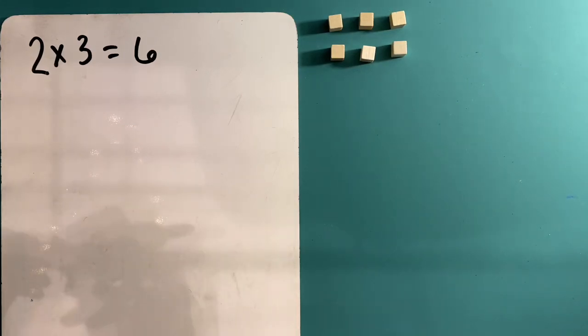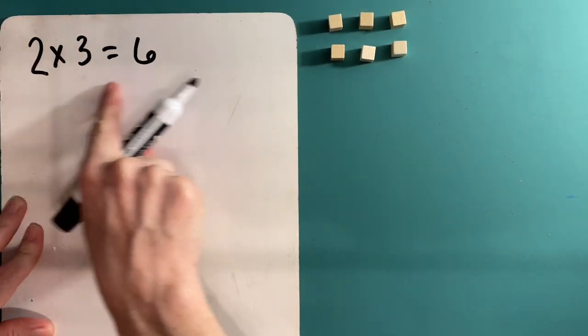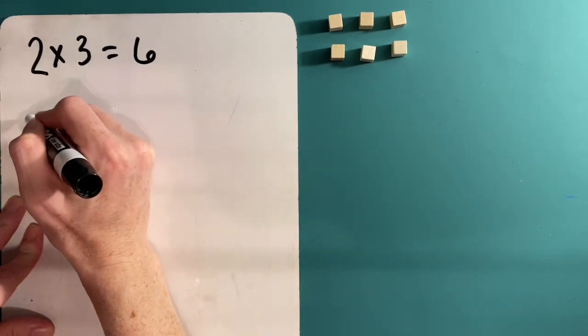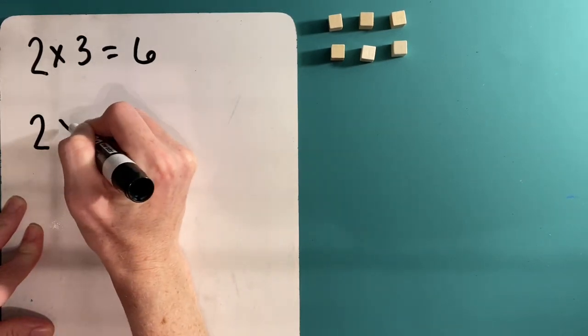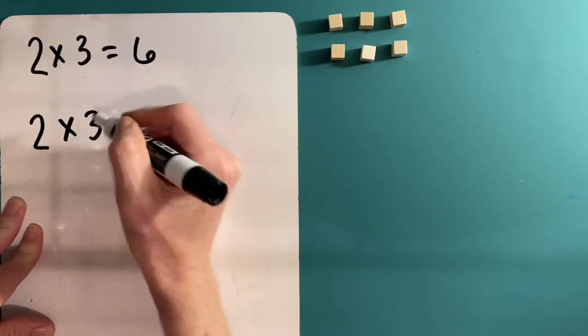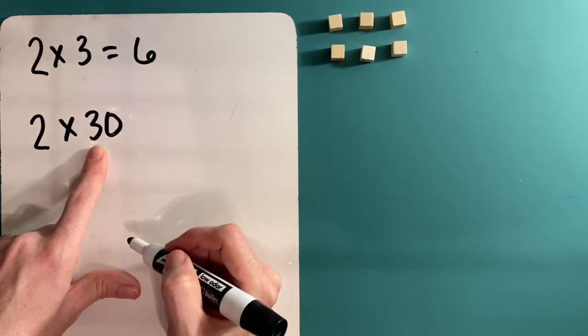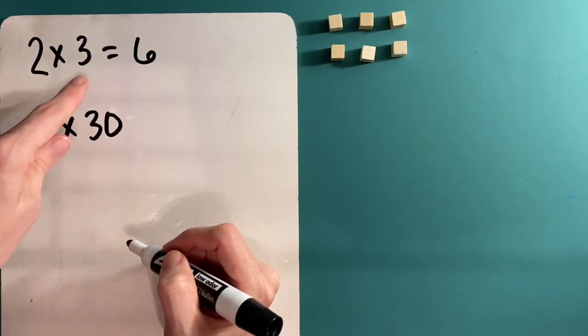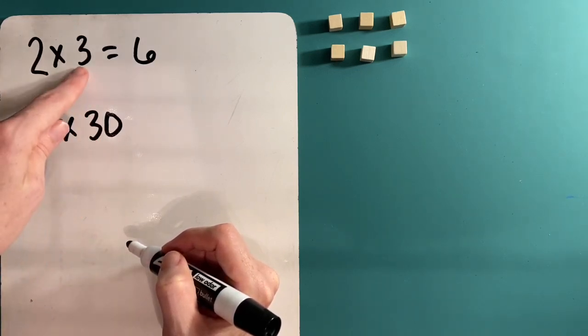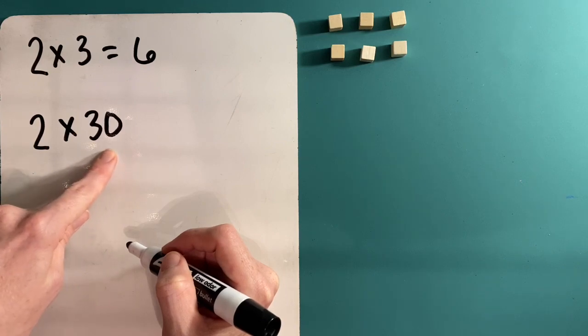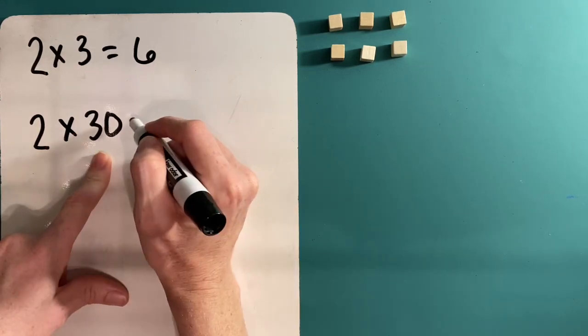And an extended fact uses a basic fact, 2 times 3, but 3 is actually 30, which is 3 groups of 10. It's extended because instead of 3, it's a multiple of 10. 3 groups of 10, 30,